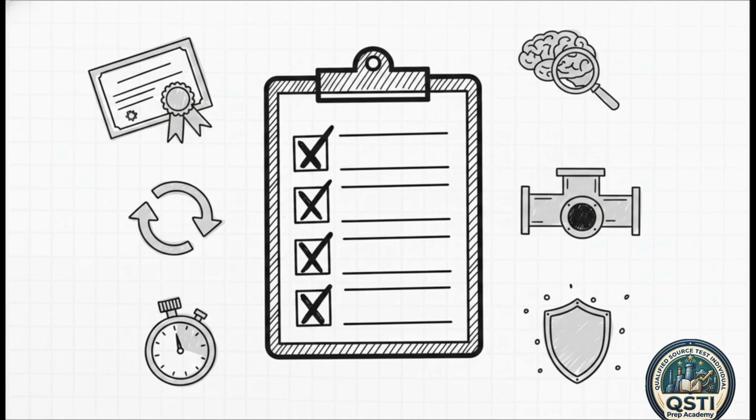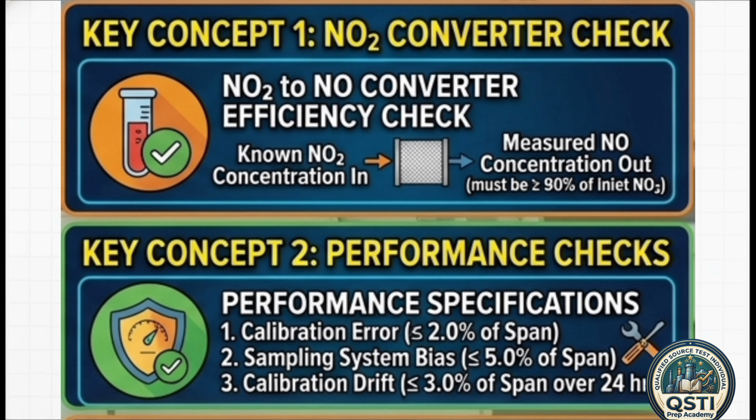You verify your calibration gas certificates to ensure they meet the EPA traceability protocol. You run an analyzer calibration error test. You absolutely must prove your NO2 to NO converter efficiency is at least 90%. Then comes an initial system bias check, a system response time test to figure out how long a sample takes to travel your VIP pipeline, and an interference check to guarantee other gases like CO2 or SO2 aren't tricking your